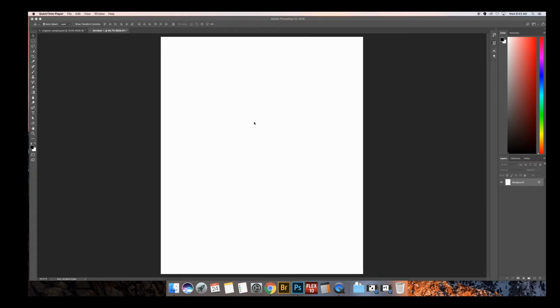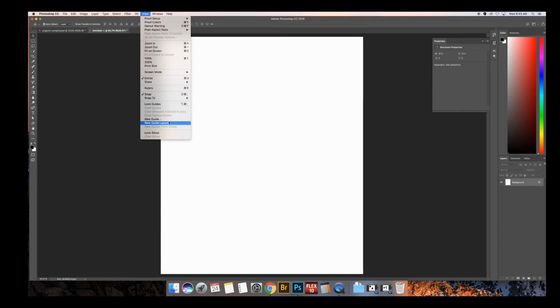Okay, so I've opened up a new Photoshop document. I'm going to do 10 by 12 inches by 300 pixels. You could do square, so 10 by 10. You could do a longer rectangle, 10 by 14. It's up to you. To start, what I might do is actually go to View and then do New Guide